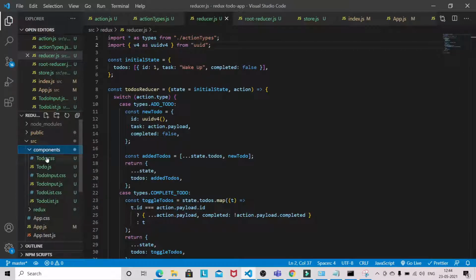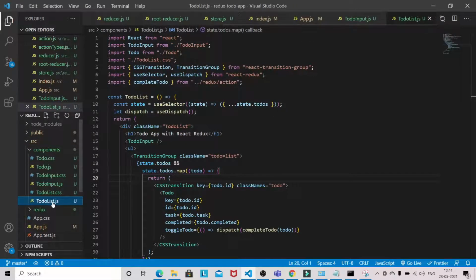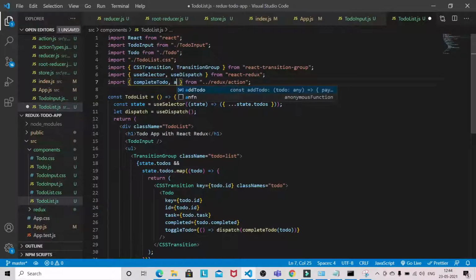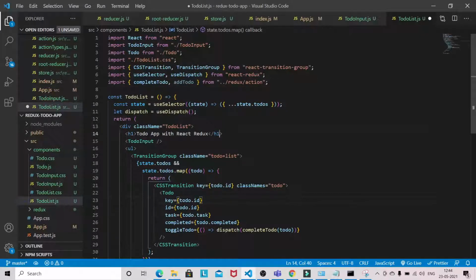Now come to the components, and from the to-do list we will bring that action add to-do, and that add to-do we will be passing here.